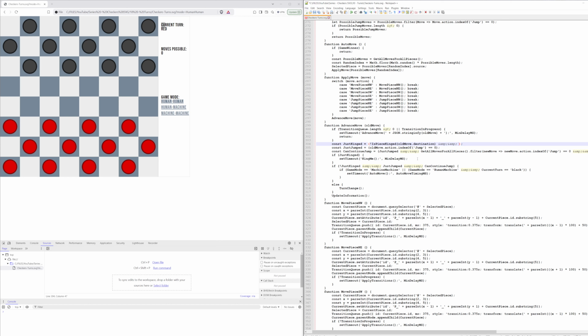So now we need to check for the condition where we're either on the red team and we've reached a Y position or a row of 0, or we need to check that we're on a black team with a Y position of 7. So in the first case, we'll say if the current turn is red and